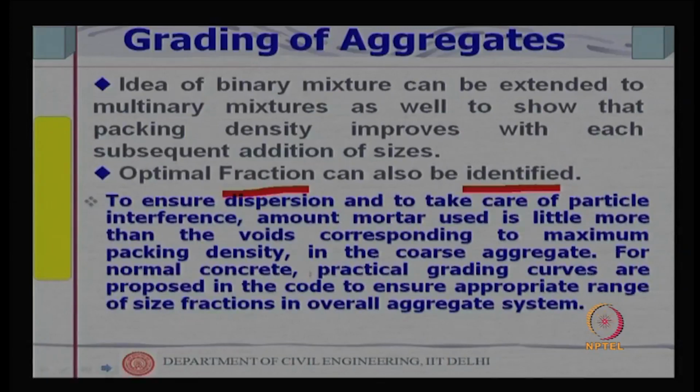Therefore, to ensure dispersion and to take care of particle interference, the amount of mortar used in the aggregate system is a little more than the voids corresponding to maximum packing density in the coarse aggregate. For normal concrete, practical grading curves are proposed in the code to ensure an appropriate range of size fractions in the overall aggregate system. The grading system tells us what proportion of what size one should use. With the current concepts of packing density, perhaps one can determine this algebraically, knowing certain properties of the aggregates,